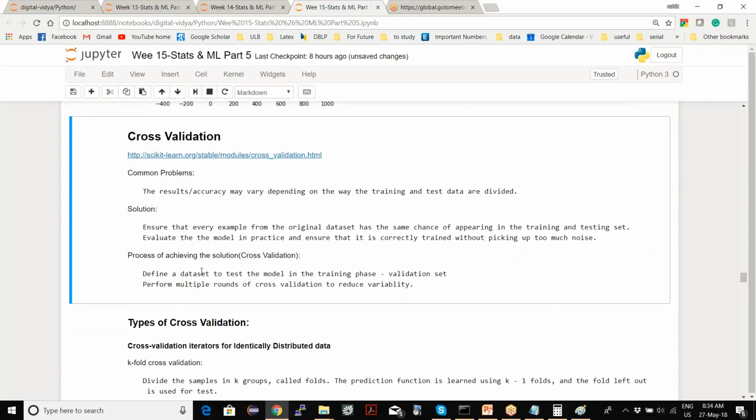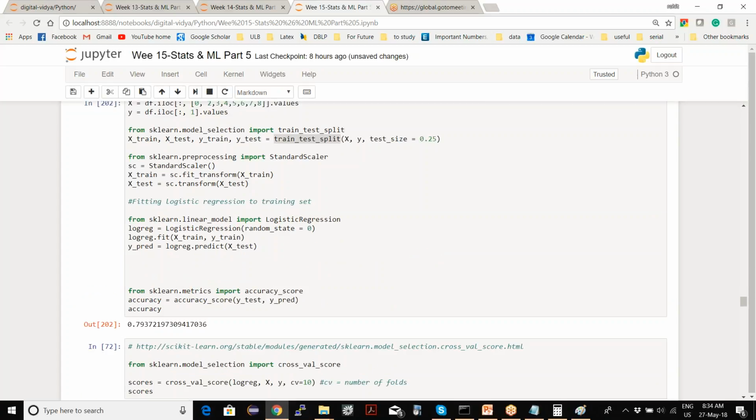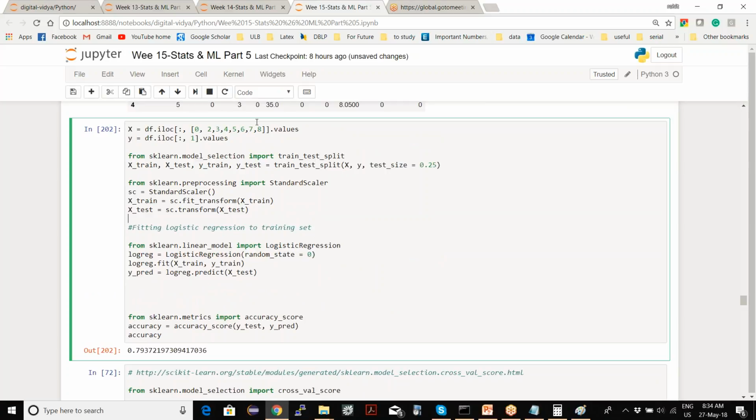It defines a data set to test the model in the training phase, called the validation set, and then performs multiple rounds of cross validation to reduce bias. In simple words, it will rerun this whole thing multiple times, ensuring that every time most of the values go into the training set and some of the values go into the test set, and then find the average accuracy.